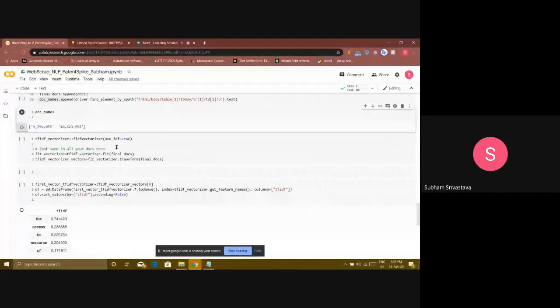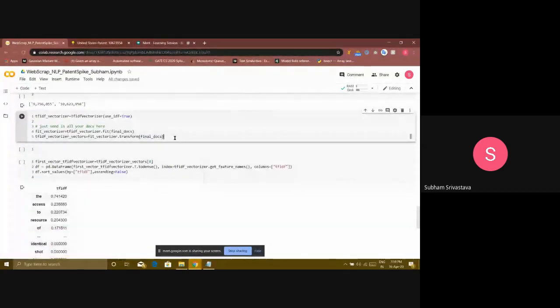All right. So now comes the TF-IDF vectorizer. Until now we have just got the preprocessed data in document format catering to each URL. But that we cannot feed to understand the similarity between the documents. So we have to convert it into an embedding, a vector. Many different models are there for creating these vectors, for example word2vec, bag of words, TF. I am using the TF-IDF vectorizer here.